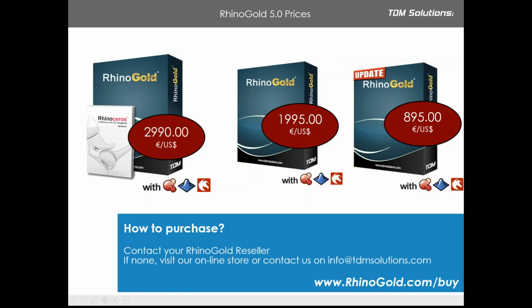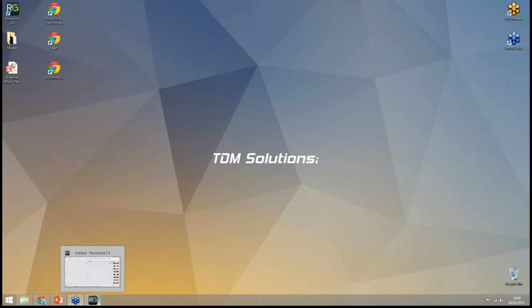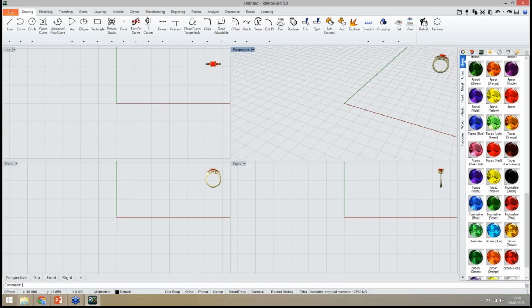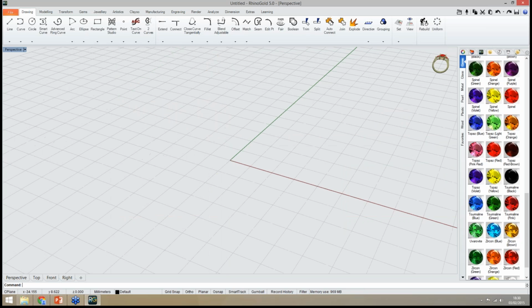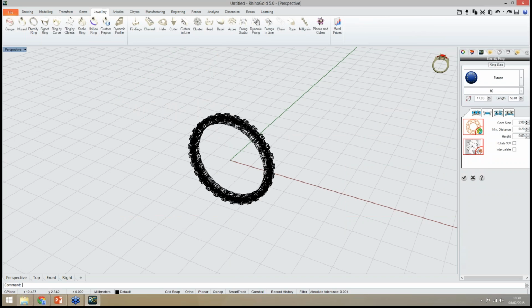Let's see now RhinoGold in action. So let me open RhinoGold and let's start showing some of the new tools. I'm going to start with the Eternity Ring. Eternity Ring is under the Jewellery tab, and it allows us to create eternity bands.